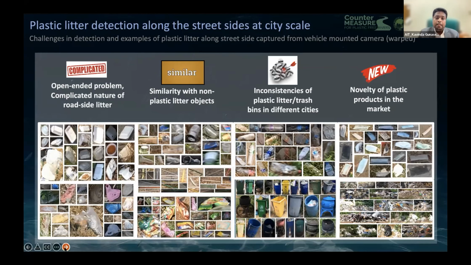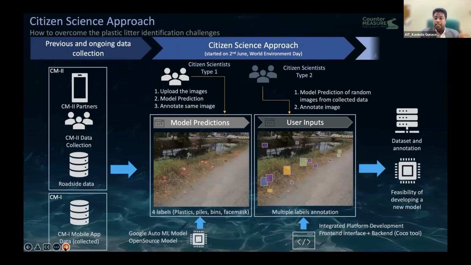And this is the place where we started to think about the citizen science approach. When we started to develop, but when we tried to scale up, we saw we have to handle this. Then we started to make a citizen science workshop last year, along with World Environment Day. We tried to get inputs from citizens in different cities. We are targeting 2 types of citizens. People can upload an image of litter in their environment to our system, and they can see the model prediction on their mobile phone. And if we have made any mistake in the prediction, they can help us to correct it.